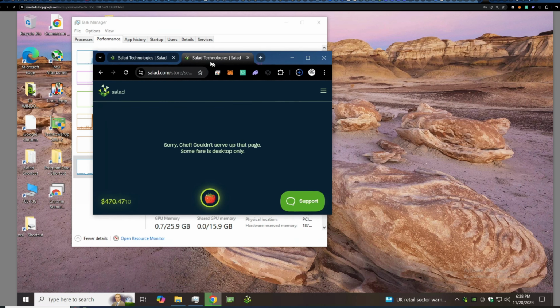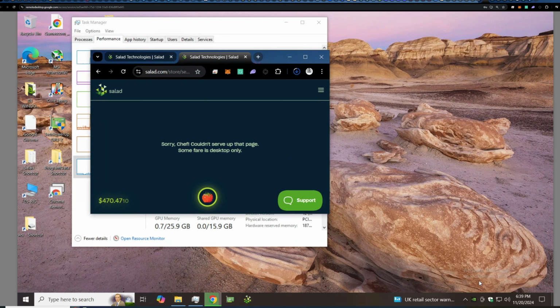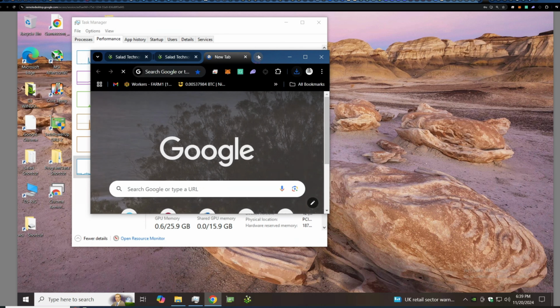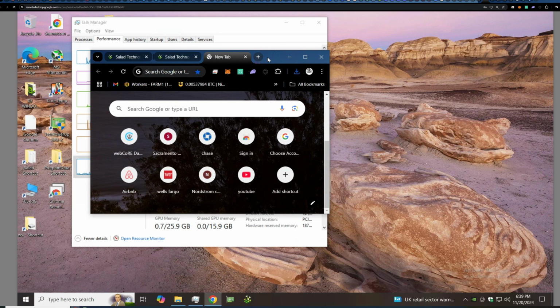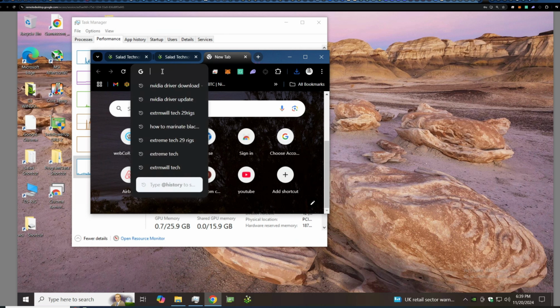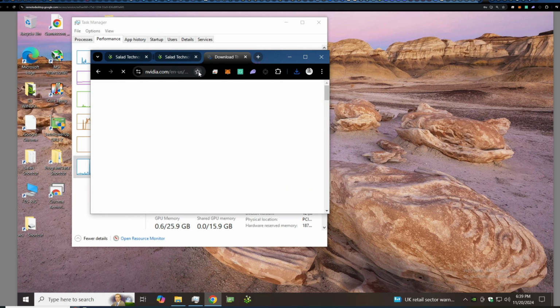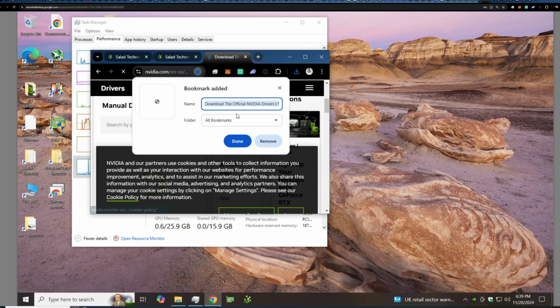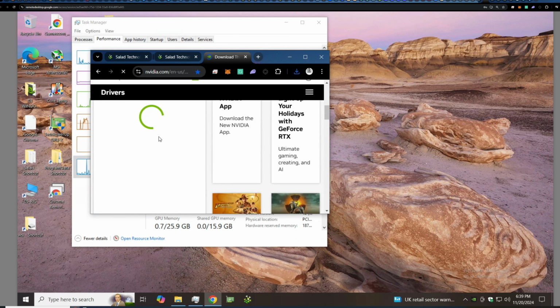So what I'm going to do is close. I'm just going to quit Salad because it's not doing anything, and at the same time I'm going to install the NVIDIA driver. So I'm going to do the NVIDIA driver update. I'll probably have to bookmark the NVIDIA driver update so I don't have to go through this every time. I'm probably just gonna bookmark this site right there, and again I have to select